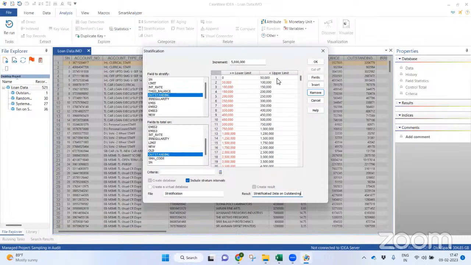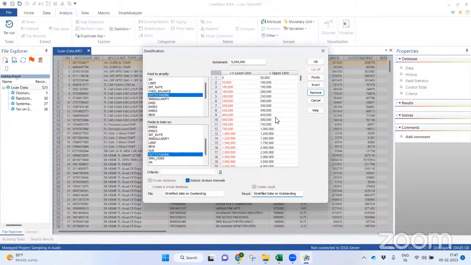Just with the click of a button, you can find this stratification. And also it's going to create a file called stratified data on outstanding. Let me keep my name also here, stratified. Okay, I think there is a spelling mistake. Stratified data. Okay. Now, once I click OK, it's going to give me a pop-up message in which all